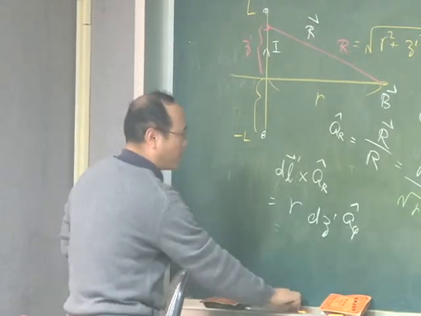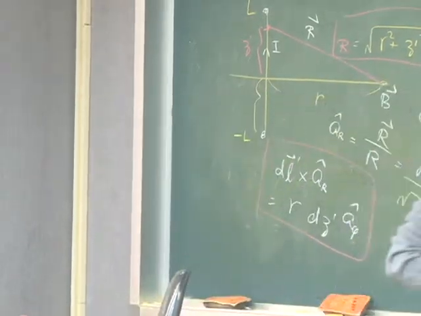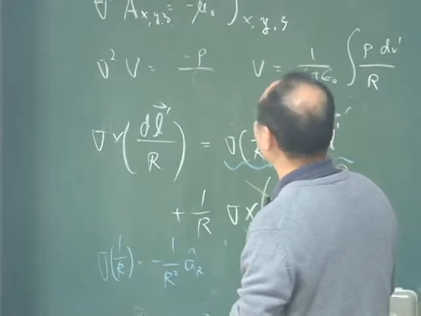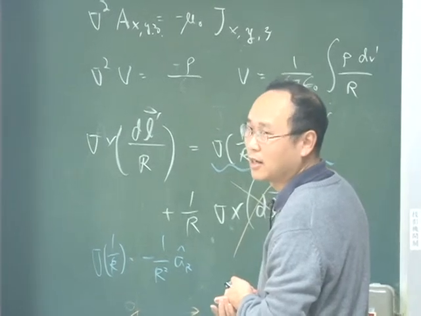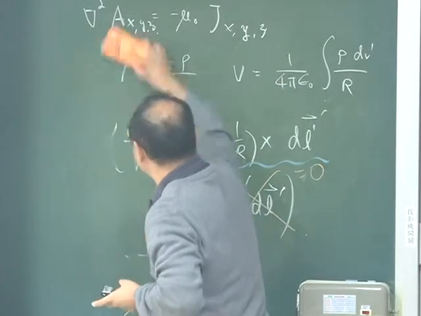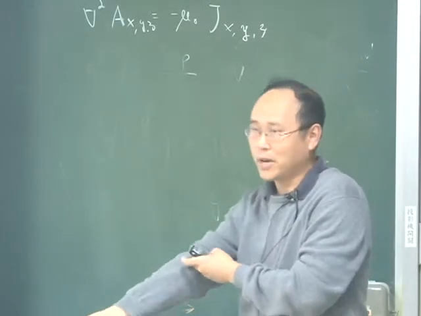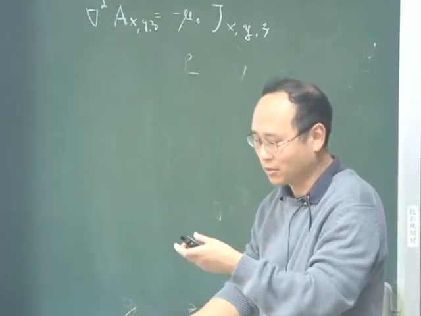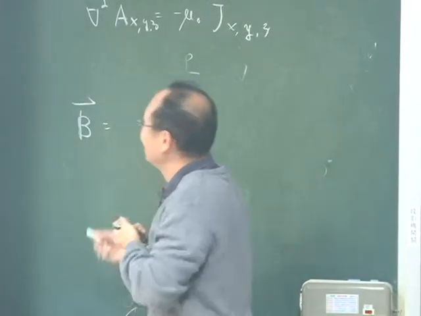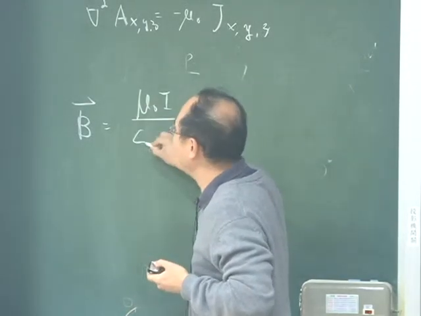Now, you have everything you need. This one and this one, and put it into this expression. Put it into Biot-Savart Law. I write a lot on the blackboard so that you won't feel I'm going too fast when I go through these equations, OK? So now you use Biot-Savart Law, just copy down the prefactor,